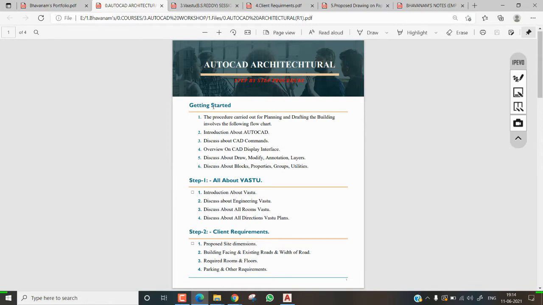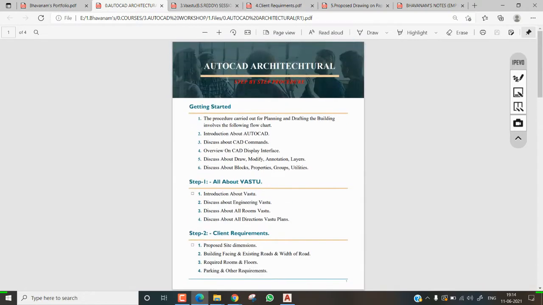Before we start our 5 days AutoCAD workshop, this workshop is mainly built into my course. It's one of the course processors. I wanted to share it with a few other students also, apart from my course students. That's why we made it a workshop. And here, in our AutoCAD architectural course, we are going to discuss